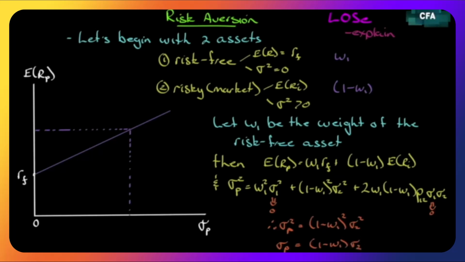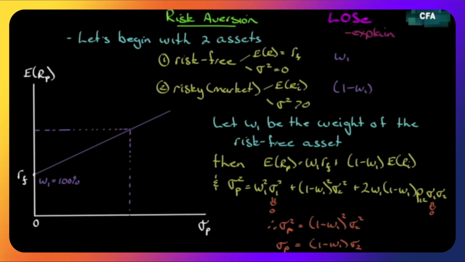So if we had 100% of our money in the risk-free asset, we would have nothing. This would be 1 minus 100. This would be a 0. The portfolio standard deviation would be 0. That's exactly what we show right here. So this right here means W1 equals 100%. I think we can say that without much problem. We're going to put 100% of our money in the risk-free asset, which is weighted as W1. Everything else goes into the risky asset, which would be 0. So we'll have nothing in there, which means our total portfolio standard deviation will be 0.